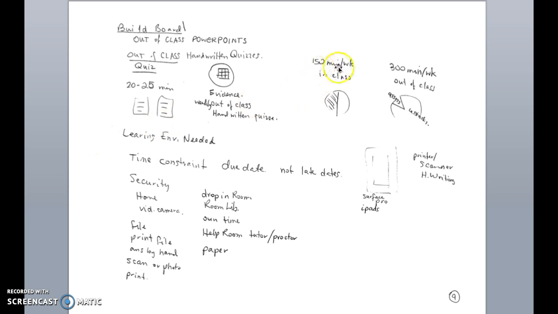And so one of the things we talk about is if they have 150 minutes of class a week, then they have 300 minutes a week out of class. Well, what if we took a bite out of that 300 minutes for assessment? Would we owe them class time, or would we owe them time off from class? Or could we actually say, no, we're taking this out of this 300 minutes, and then their homework we'd have to demonstrate was diminished so that it could be finished? Rather than 300 minutes, it'd be maybe only 200 minutes worth of homework because they